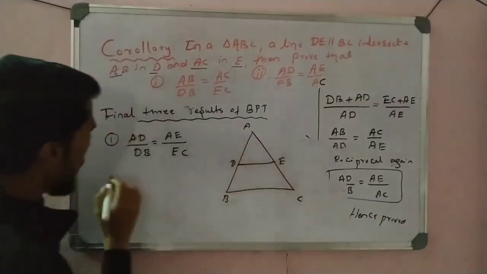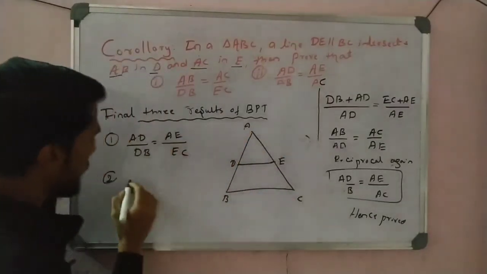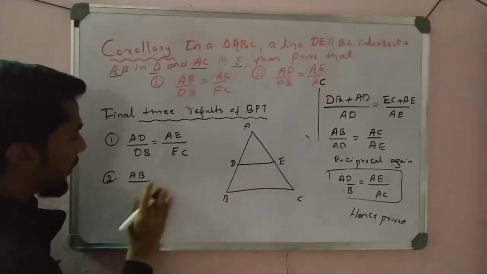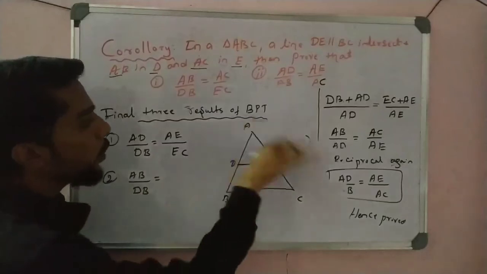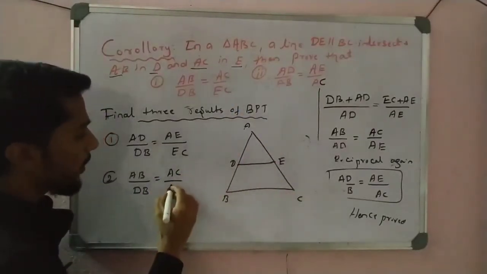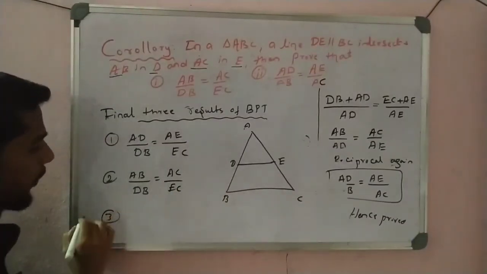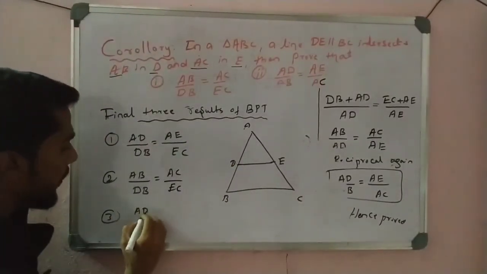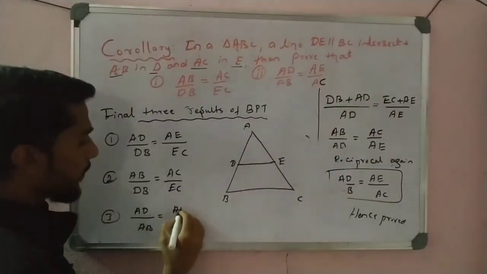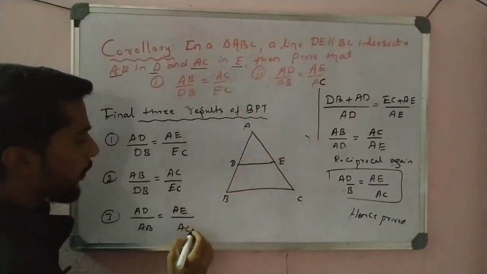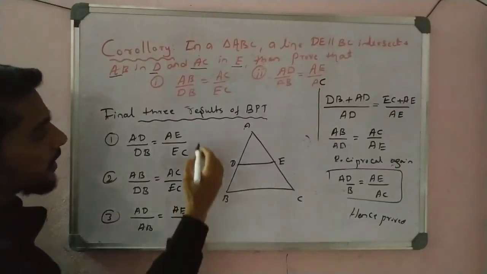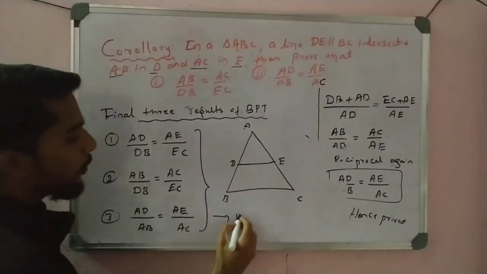First case, okay. Second formula is what? Total AB: if total is first taken, then the bottom term is taken. DB is equal to total AC divided by bottom EC. Second result, if you take top AD, then take total AB. If top AE, then take total AC. If total is taken, bottom; if top is taken, total. So that is 3 results, and these are very important